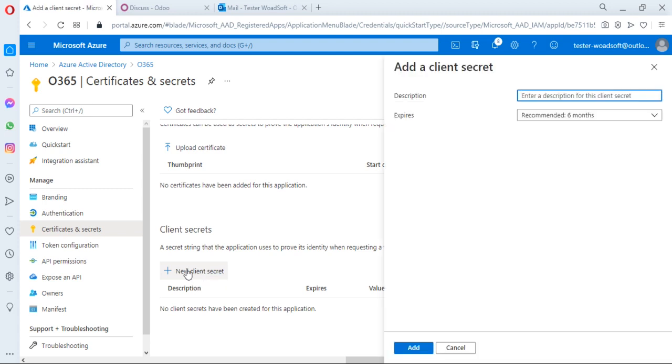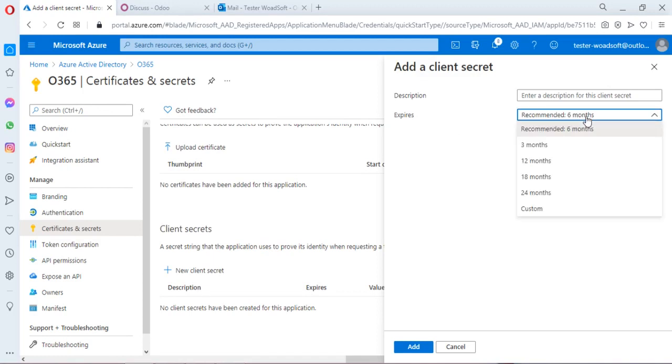Click on it and describe some information for the client secret, such as the expiration time of the secret. Basically the recommended is 6 months, and you can also specify the limit of your client secret. It is pre-selected at 6 months, and you can specify its description.